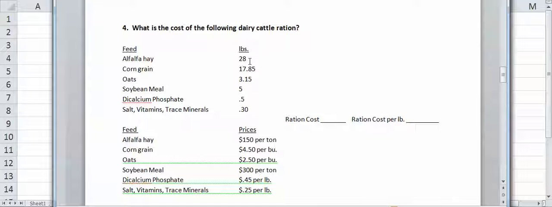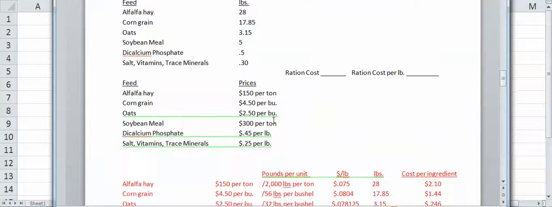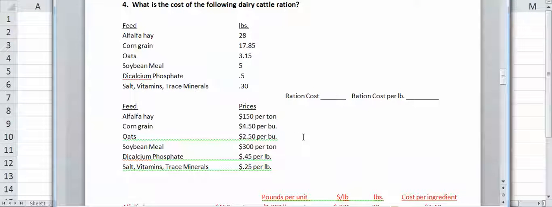We have 28 pounds of alfalfa hay, 17.85 pounds of corn grain, 3.15 pounds of oats, 5 pounds of soybean meal, 0.5 pounds of dicalcium phosphate, 0.3 pounds of salt, vitamins, trace minerals. Here are our prices. What makes this a little bit more of a challenging problem is that our prices are all in different units. Our hay and bean meal are in prices per ton. Our corn grain and oats are in prices per bushel. But a bushel of oats weighs a different number of pounds than a bushel of corn. The calcium phosphate and salt and minerals are in